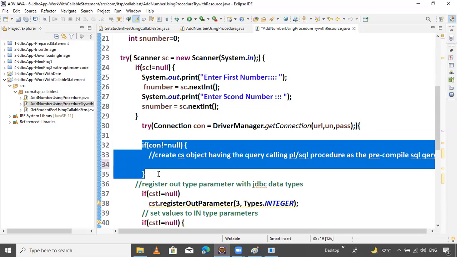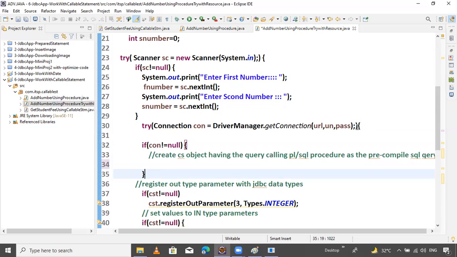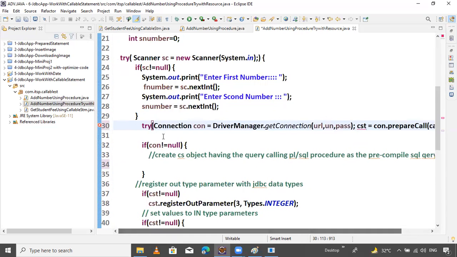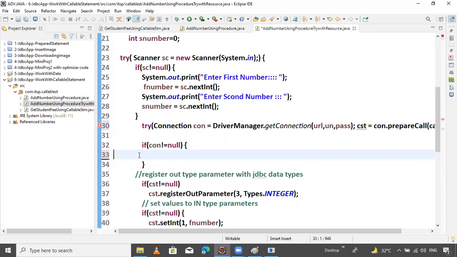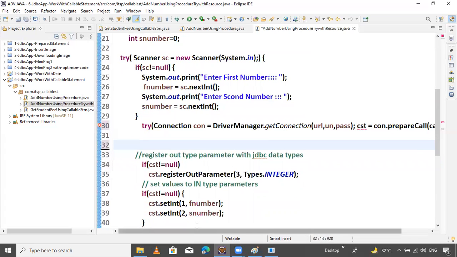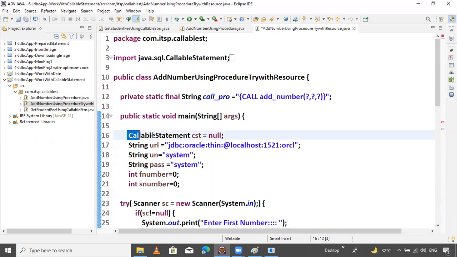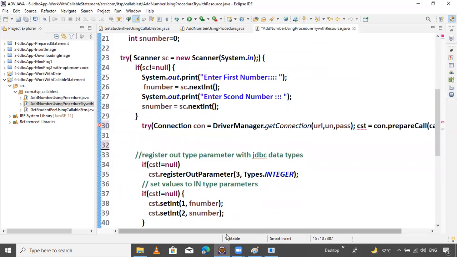Now if you pass this statement here, then this will not be required. Okay, guys. So copy this, Control X. Just remove this and go down here. And we declared a callable statement, guys. Yeah, this one. So here is also not required. A line is required now, guys.